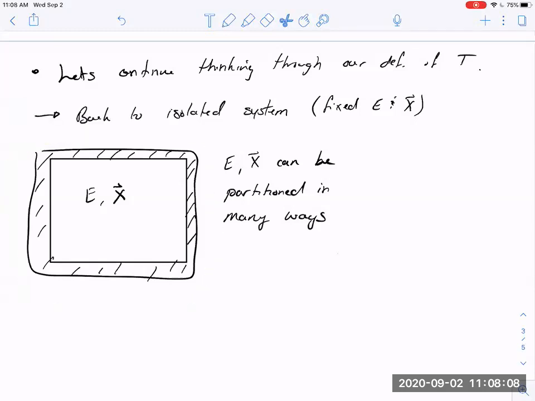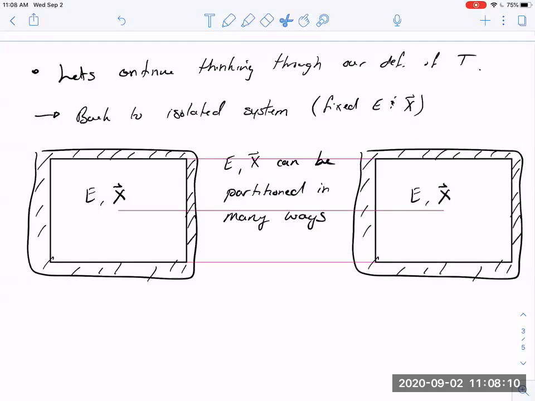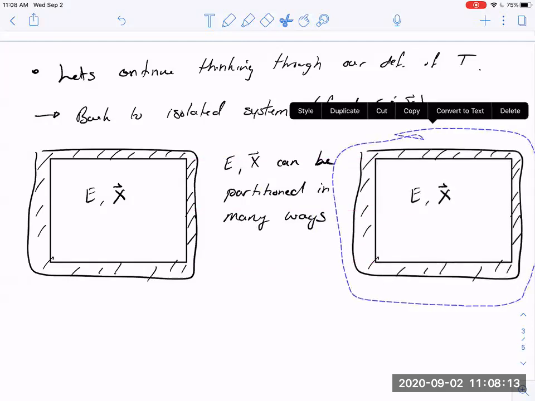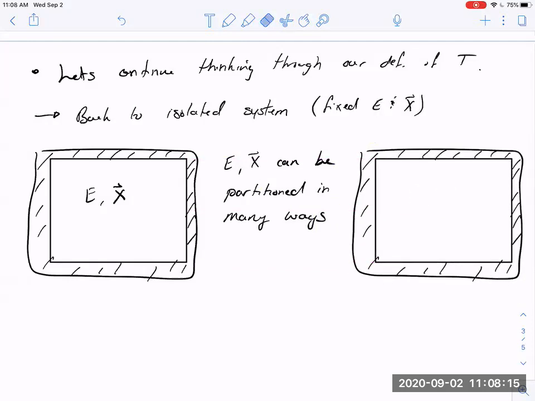Let's copy that, paste it over here. Ooh, I can even align it. Look at that. All right. Let's, for example, imagine a partitioning enforced by some constraint where I have energy E1 on the left-hand side, energy E2 on the right, correspondingly mechanical variables x1 on the left and x2 on the right. That is a partitioning I could imagine